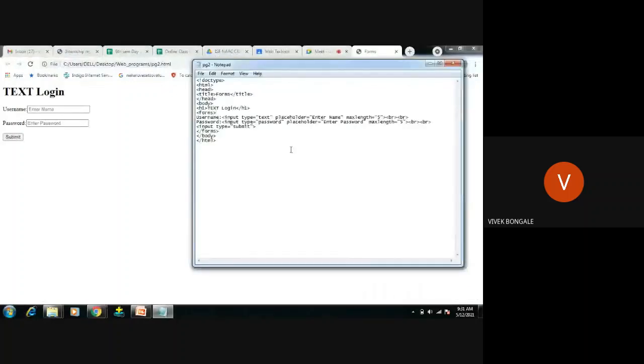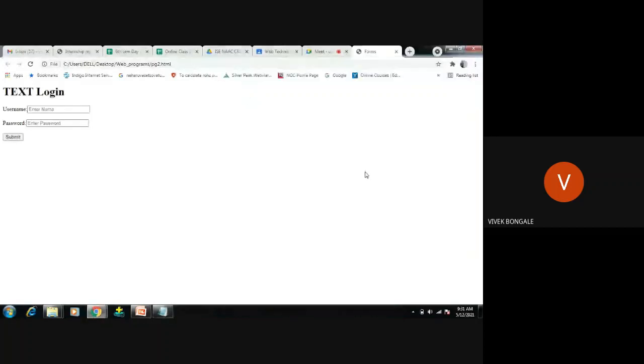This is the simple thing. And now the question is, I have added some content here. I added some content like Vivek, and a password I have given like Vivek. Next, I will submit. This is a simple front end application. Front end application means through HTML we are creating this front end application. After submitting this content, Vivek and the password, where should it be sent? To the web server, right?